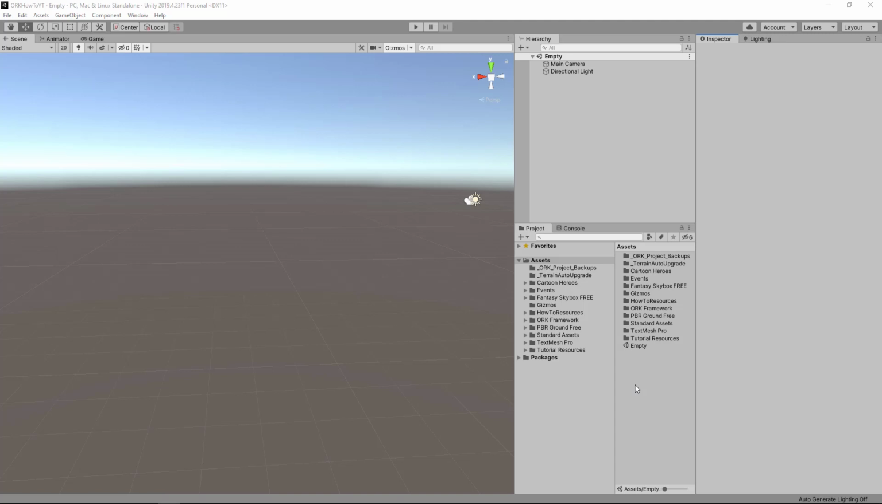Hello guys, in this video we are going to implement the new input system with ORK Framework. I said sort of because if you actually want to fully implement it, you need to have the source code of ORK Framework in order to make the necessary changes to completely decouple the old Unity input system that the ORK framework has embedded. But for now, let's do some kind of